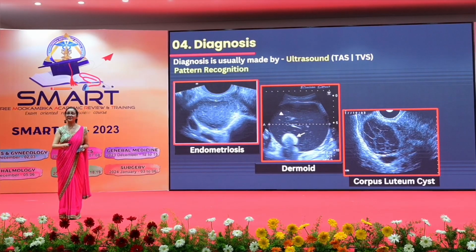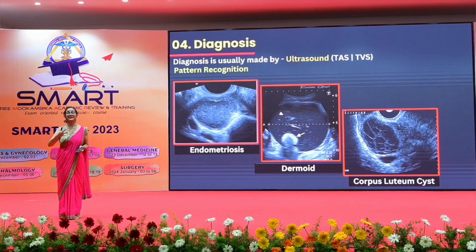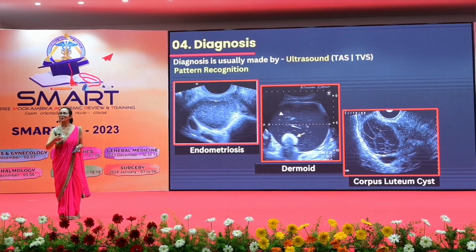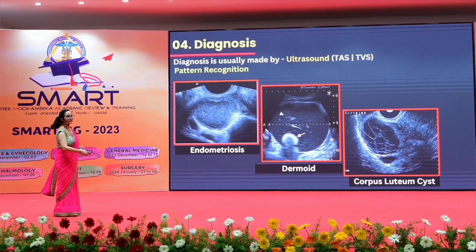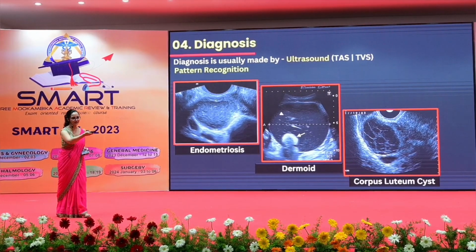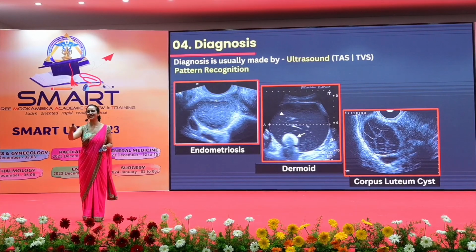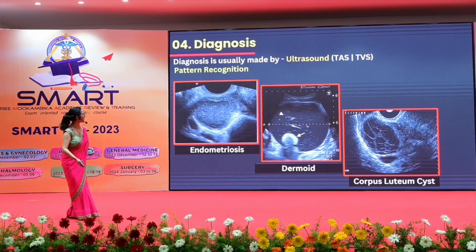Why is it? Because it is not filled with clear fluid. It's filled with what material? Dermoid cyst is filled with fat-like material which is called sebaceous material or sebum. So sebum is not clear fluid, it has some particles inside. That is the fluid. And one is the acoustic shadow. It is important for PGs. Maybe I don't want to tell you that.